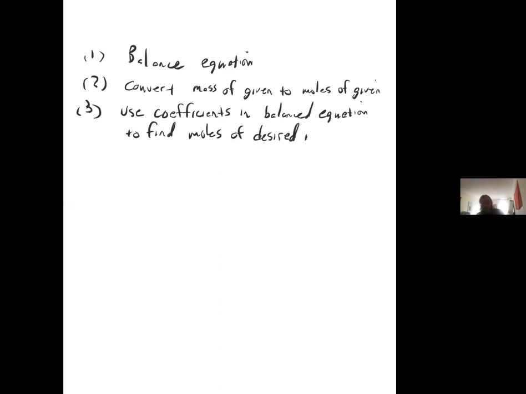In this case, it was oxygen. But they could give you anything. They could say, look, here's how many moles of CO2 react. How many moles of glucose are you going to get? So in that case, the given would be the CO2 and the desired would be the glucose. You can do any ratio one to the other. And then step 4,